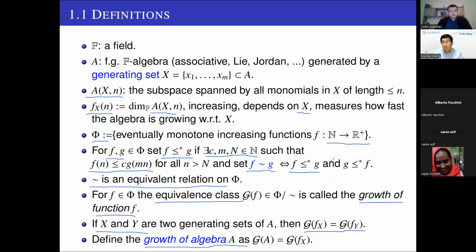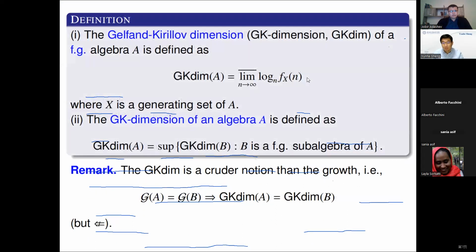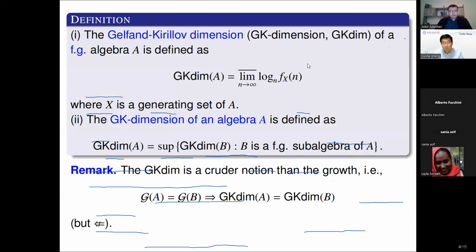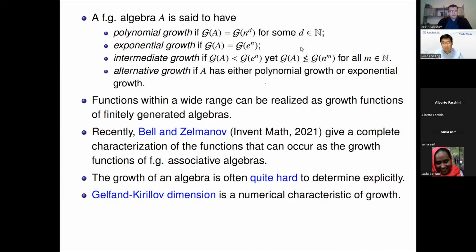Okay. How to erase the remark? Okay, now a